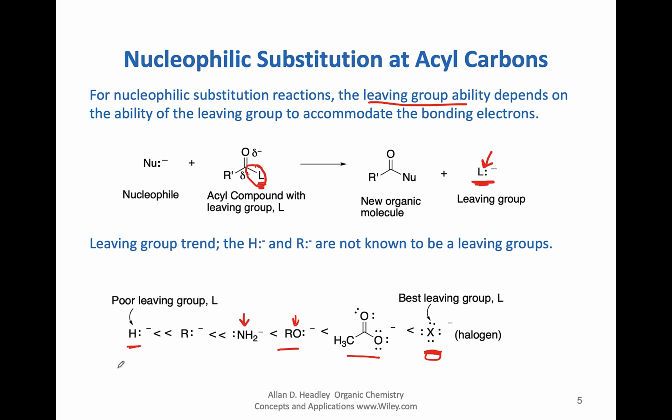It's an extremely poor leaving group because, as you can imagine, the H- is a very strong conjugate base. You may recall that the conjugate acid of H- is hydrogen gas, and the pKa of hydrogen gas is greater than 50, which means that this is very, very strong. So it's not a good leaving group. So the leaving groups that we will be concerned with are primarily up here. Let us look at